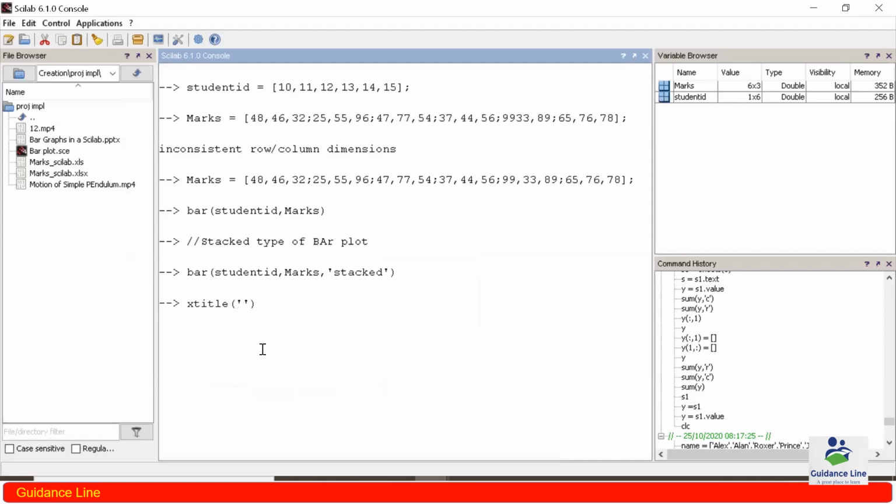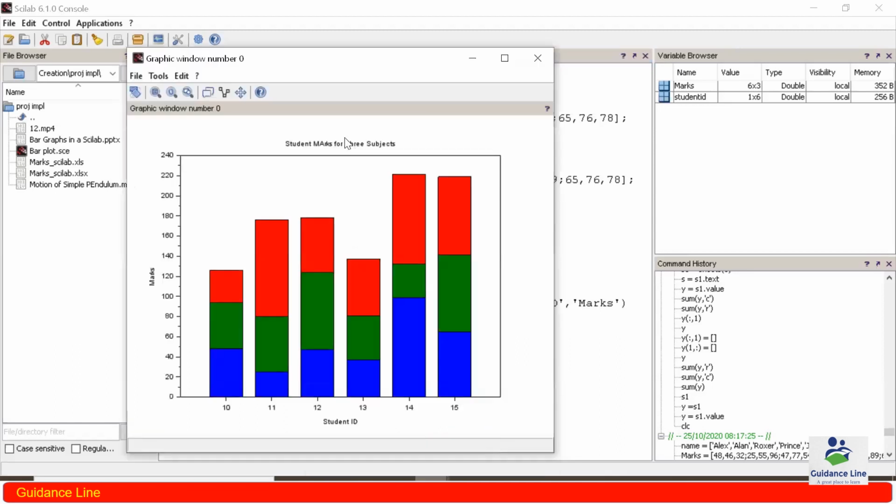Let us suppose the title is "Student marks for 3 subjects", and in the xlabel let us suppose I write "Student ID", and in the ylabel I write "Marks". So if I press enter, now you can see we have a title over here, we have an x label over here, and we have marks over here.